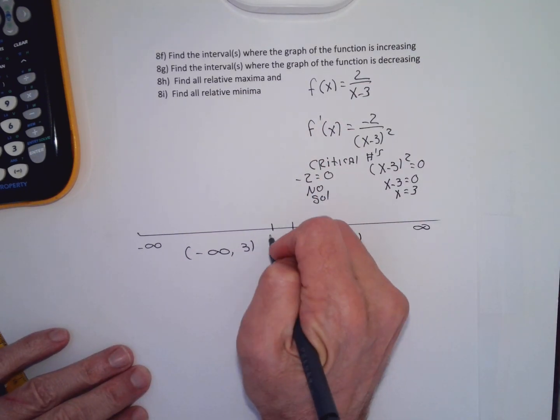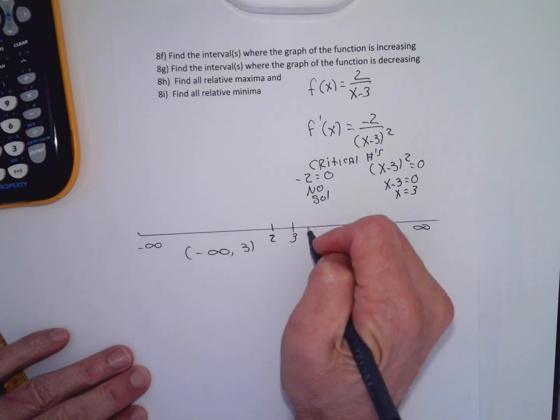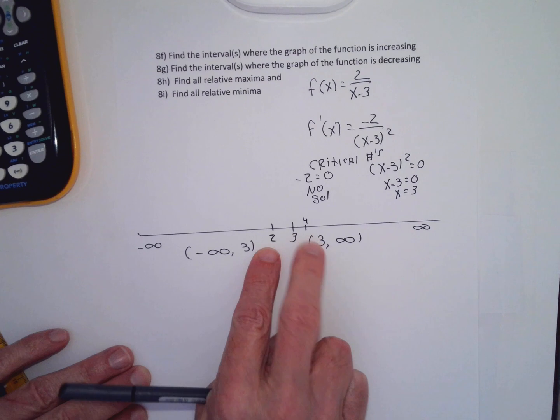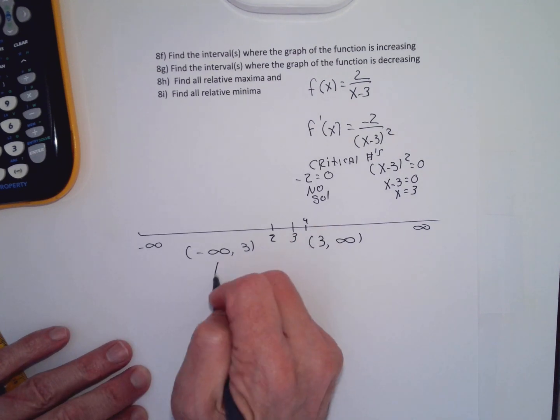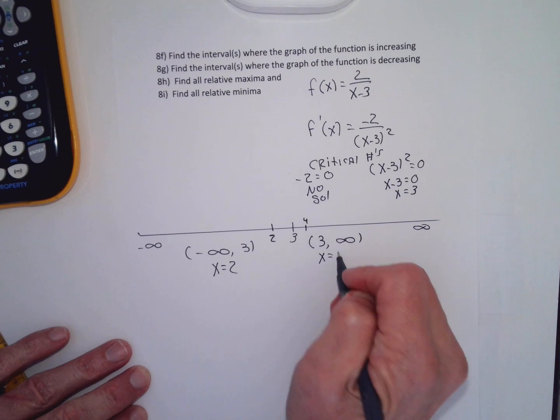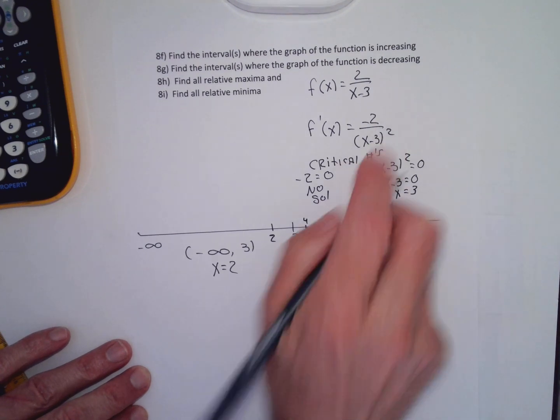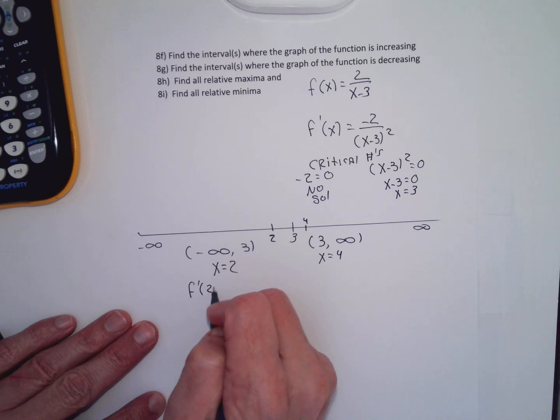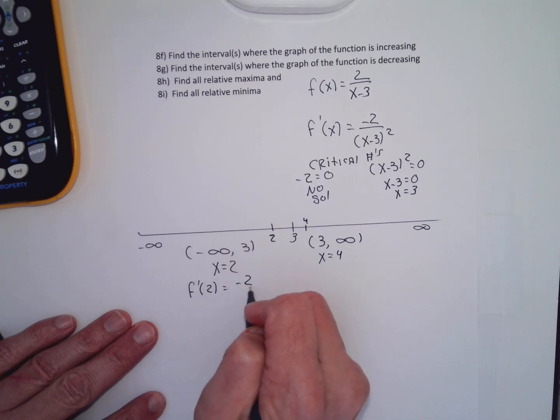I think for fractions, it's better not to plug in 0. It's better to plug the number right next to the critical number. So I'm going to plug in 2 and 4. I'm going to do x equal to 2 and x equal to 4 to help me figure out if I'm increasing or decreasing. And so I'm going to do first derivative evaluated at 2 is going to be negative 2